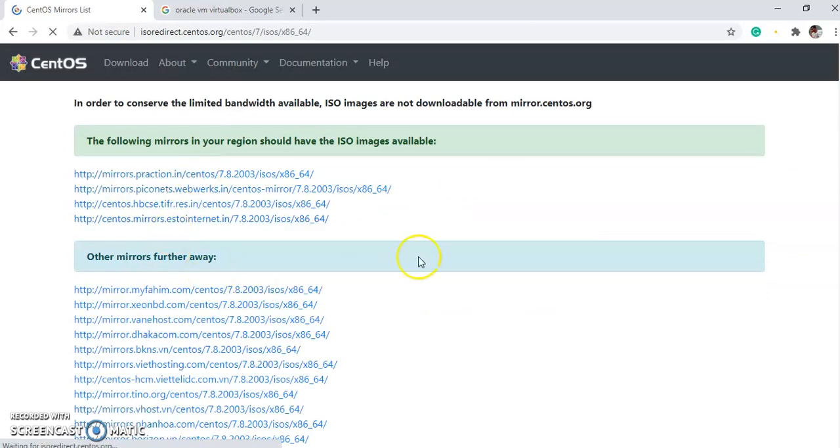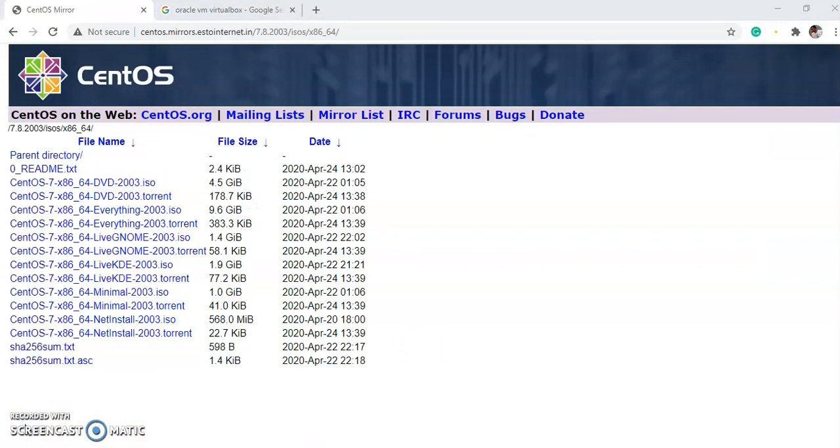Once you click on that, it will open with the mirror images link. So these are the closer mirror images from which you can download the CentOS image. You can click on any of the images and here it will open. This link will open into this particular location where all the ISO files have been stored. Out of which you can choose any of the files. I am choosing this first one. You have to click on this and download this link.